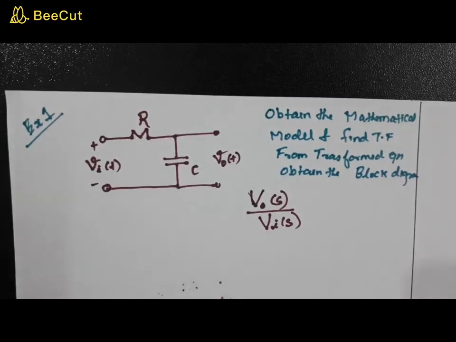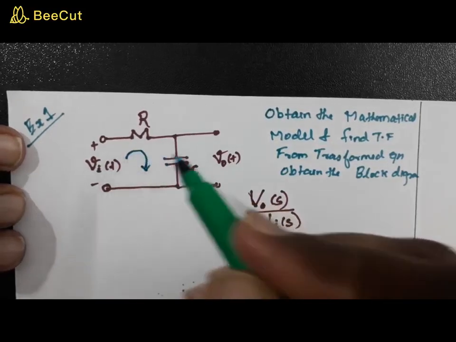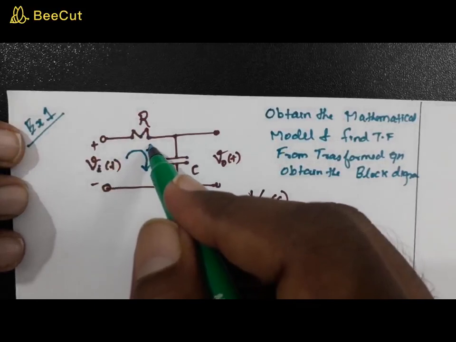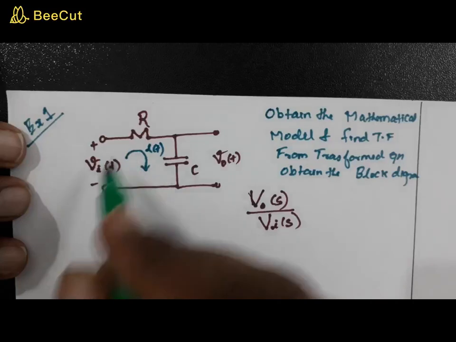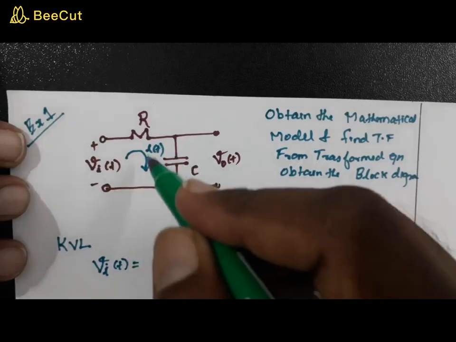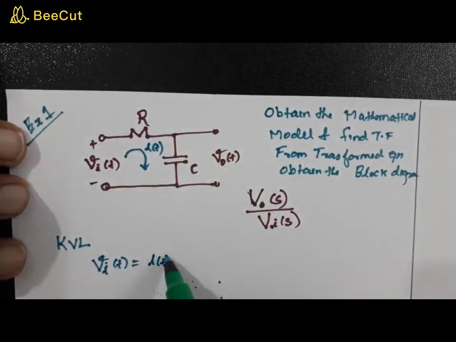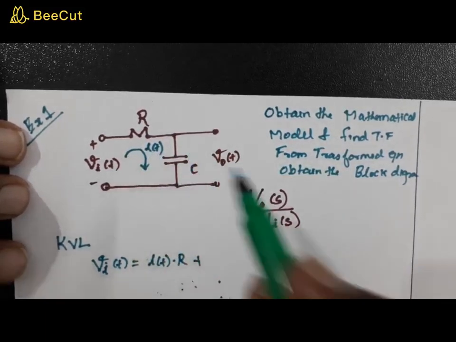So what you need to do is have the mathematical time domain equations. Now, how will you do that? When a voltage like this is applied, you know that in a closed path a current flows, and let us denote that current as i of t. Now, applying KVL, what is the equation that you get? Small Vi of t is equal to i of t into R, plus the capacitor. The same current flows through the capacitor,